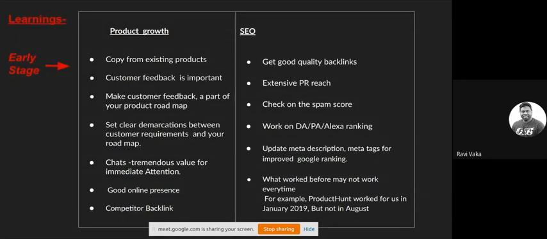One way of doing it is to give them at least ballpark estimates as to when a feature will be available. If you can do it right away, inform them. If you can't, tell them the reason why you're not able to do it, and that you will do it at a later point of time. And keep communicating the progress of any feature you build within your product. This will ensure that you build a lot of trust with them.